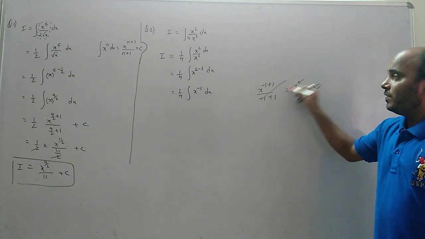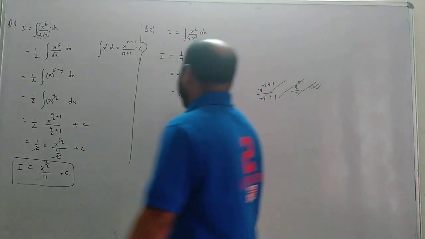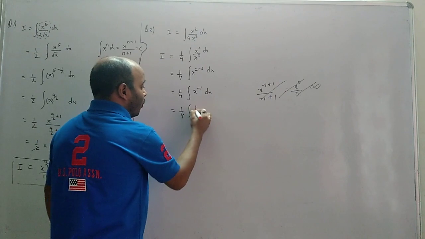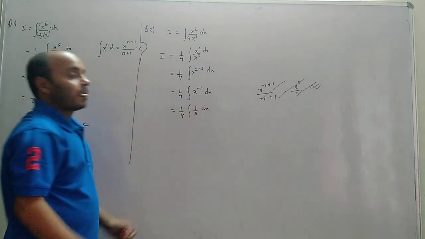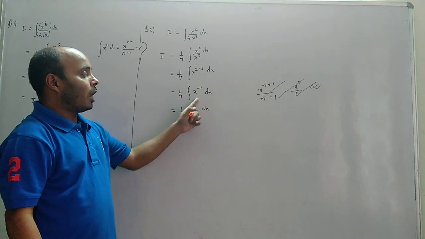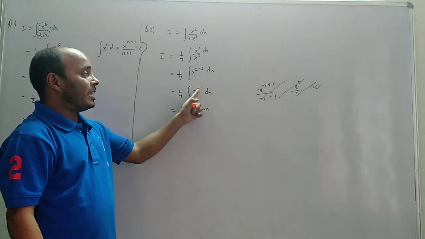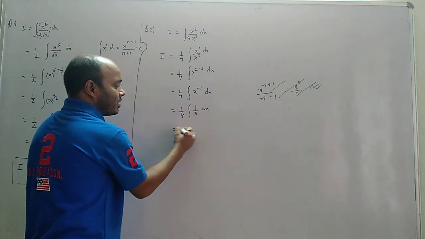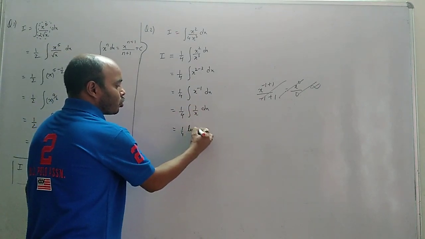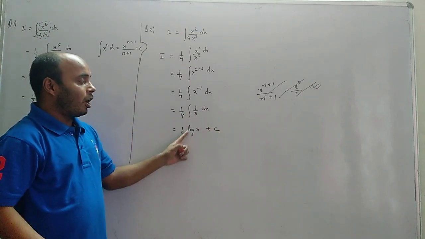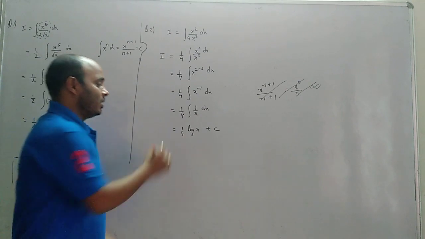So that's why we have a separate formula for this. x to the power minus 1 is actually not x to the power n. It is 1 by x dx. x to the power minus 1, can I write 1 by x? When this x power goes down, it becomes 1, the power is negative, negative will go. So now we have a formula. Integration of 1 by x dx is log x. This is the most common mistake a student makes. Now see, we apply the formula, integration gone, dx gone, plus c.